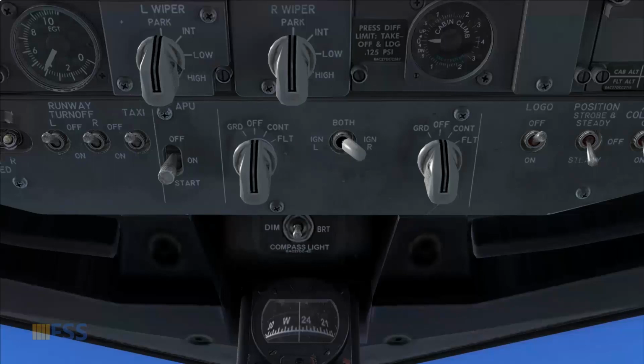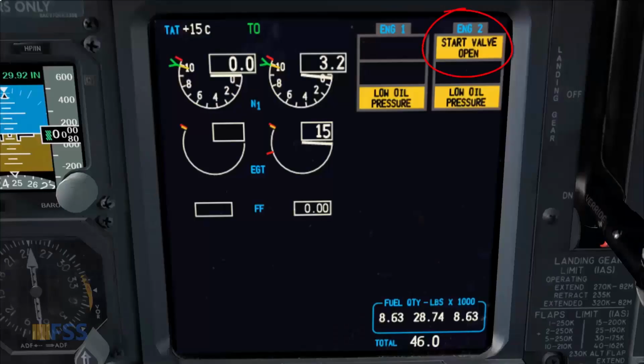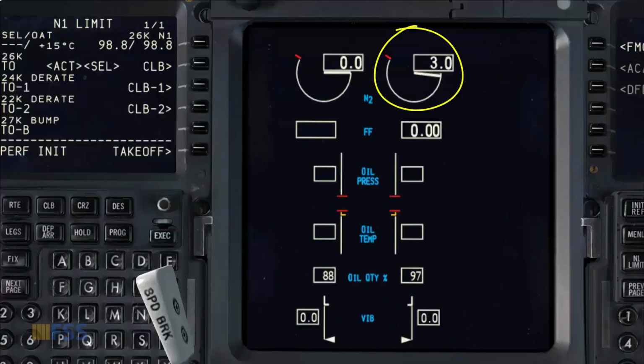Now the normal engine start sequence is engine number 2, then 1. To initiate the engine start, we turn the engine start switch to ground. Start valve open alert shows on the engine display. And to start rising,